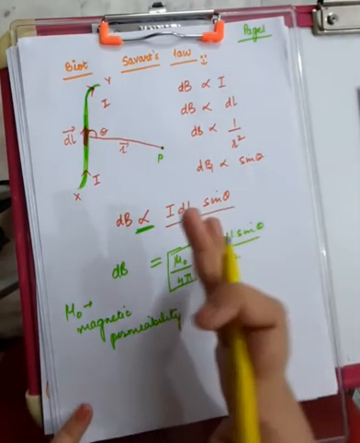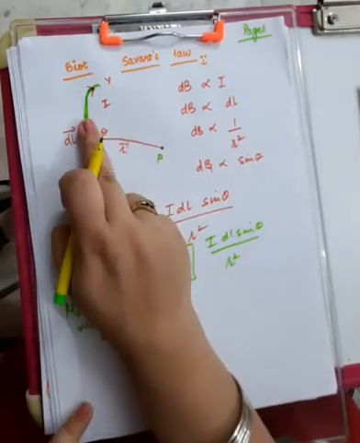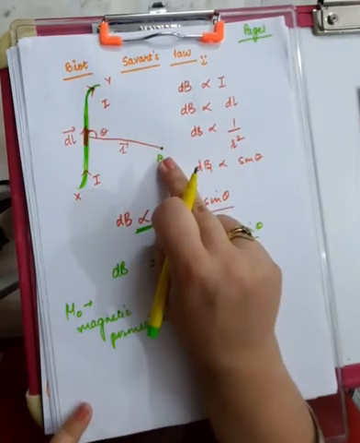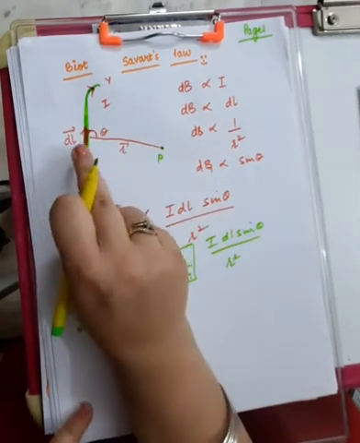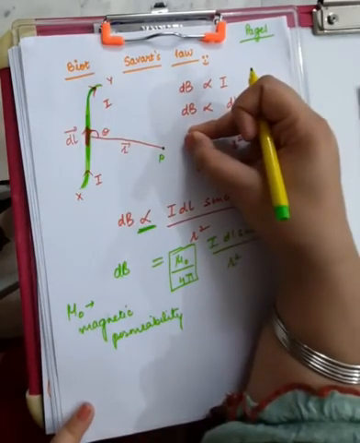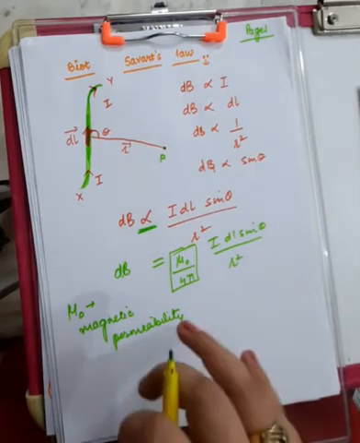So mu naught means, see, we were expecting that if the current flowing through this wire is more, here the magnetic field will be more. We were expecting that if the line element is more, magnetic field is more. Okay, so we were just framing out the factors, but we ignored the choice of medium, and we have to incorporate that also.